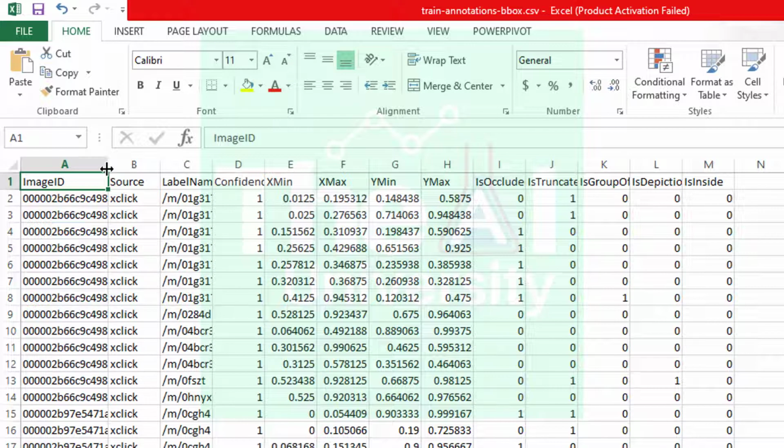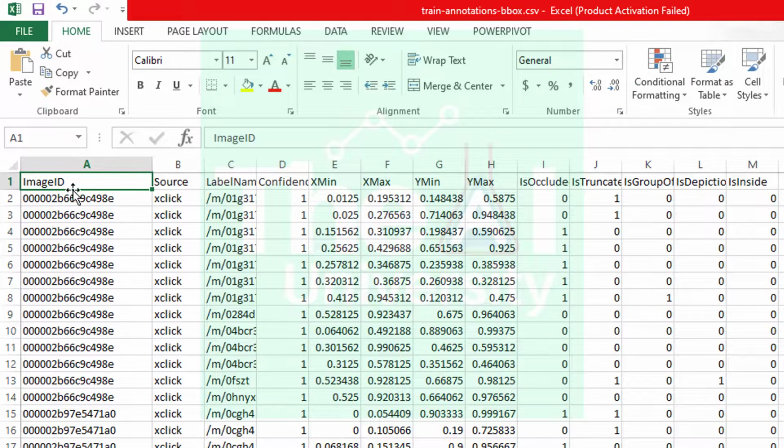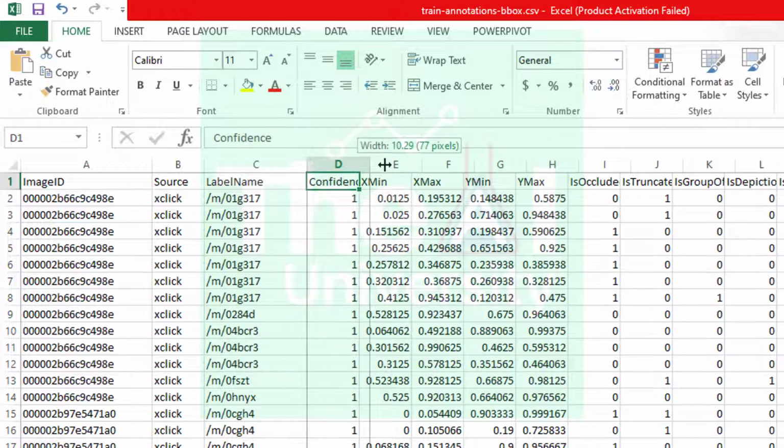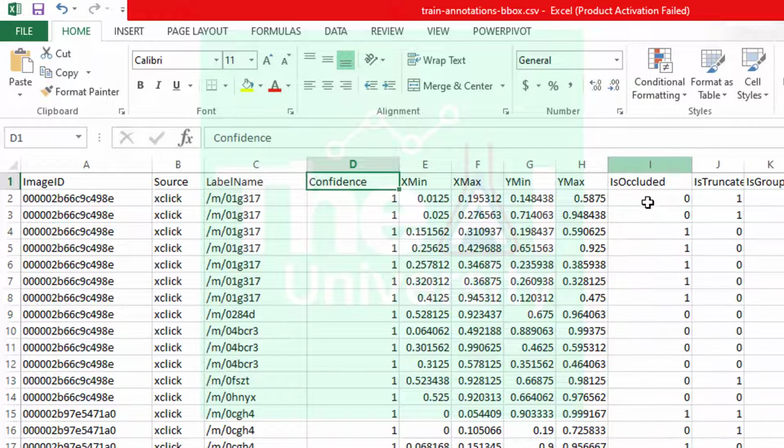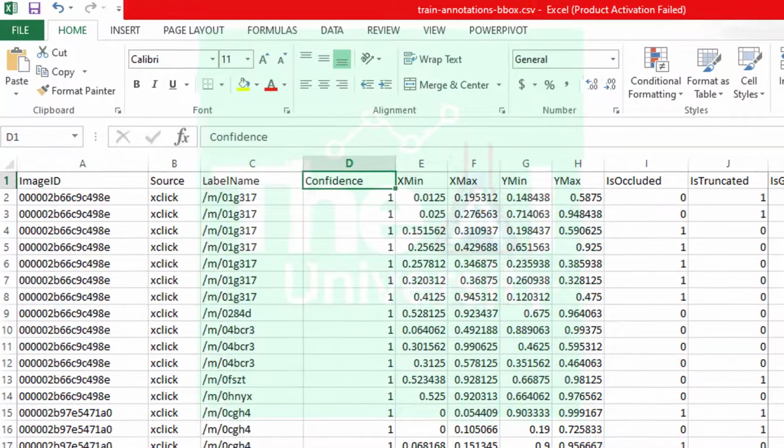This file contains details like image ID, source, label name, confidence, xmin, xmax, ymin, ymax, is occluded, is truncated, is group of, etc.